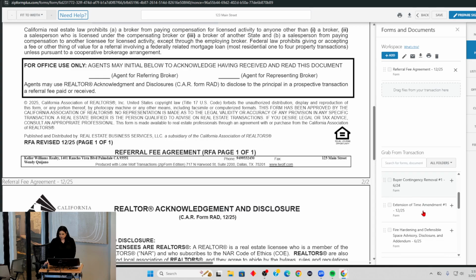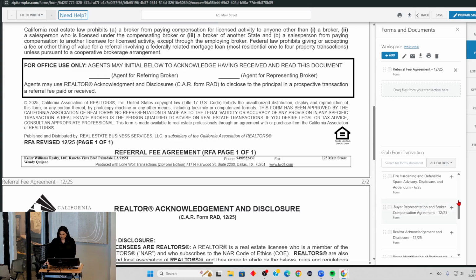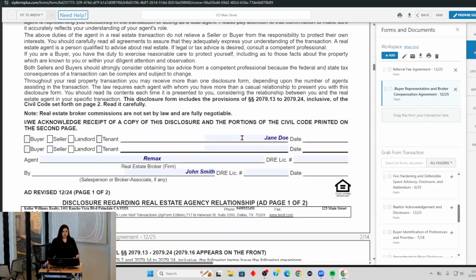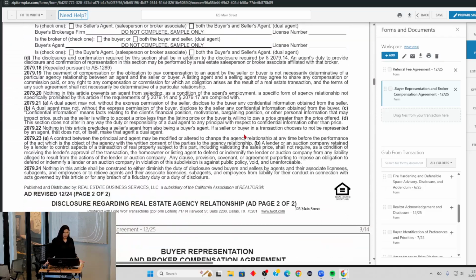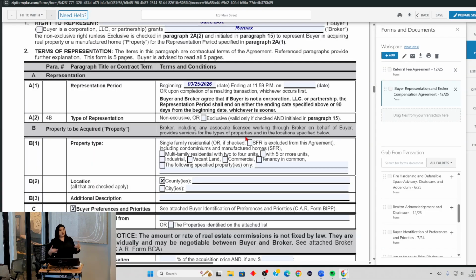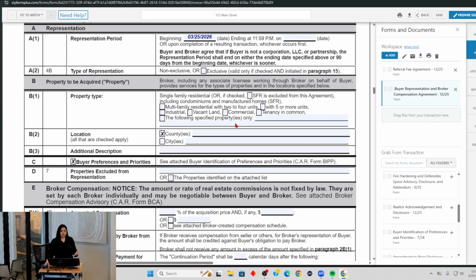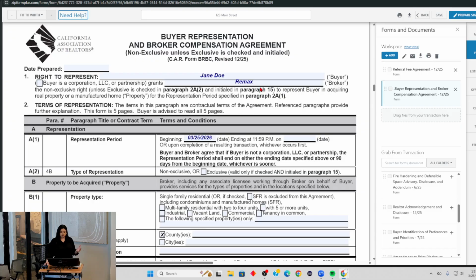Okay, I'm going to address one more thing from the BRBC that is becoming a confusion on how to handle this. I just want to shine some light on why you get pushback from escrow. So your contracts now,